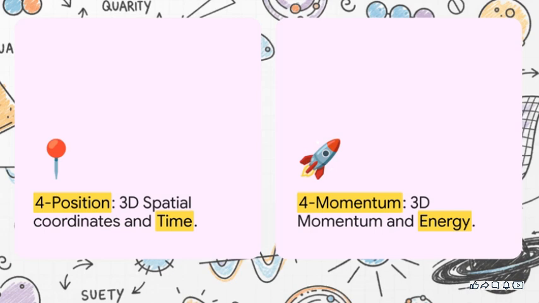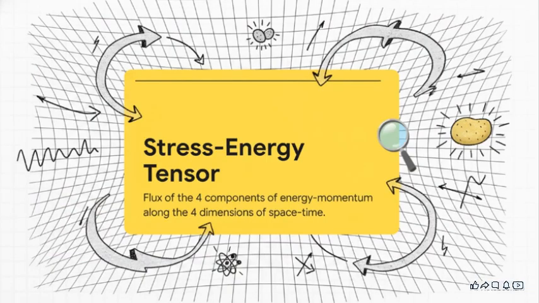And just as time is the fourth component of your physical position, energy is fundamentally the time component of momentum. They aren't separate, isolated concepts at all. They're just different faces of the exact same physical reality, entirely depending on your frame of reference. And you know what? This completely rewrites Isaac Newton's laws. In general relativity, mass alone is not the source of gravity. Because mass is energy, and energy is literally a part of momentum, the true source of gravity is actually something